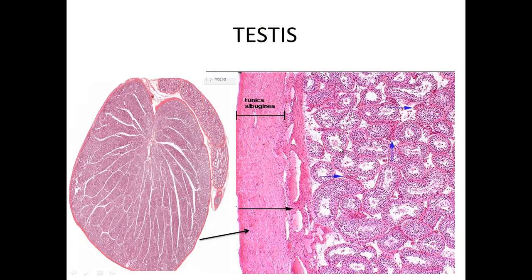So here the term germinal is particularly referring to the process of spermatogenesis, which is quite different from the ovary. The germinal epithelium of the ovary doesn't have any role in the process of oogenesis. It is just the outermost covering in the shape of a serous membrane. But within the testes, the seminiferous tubules are lined by stratified germinal epithelium. So the word germinal is indicating that this is the epithelium which is involved in the process of spermatogenesis.